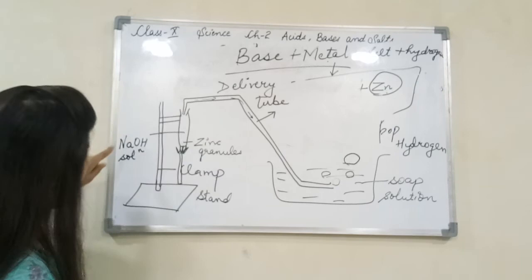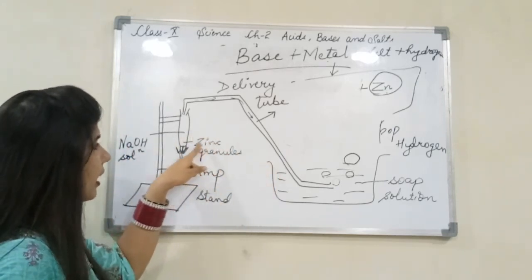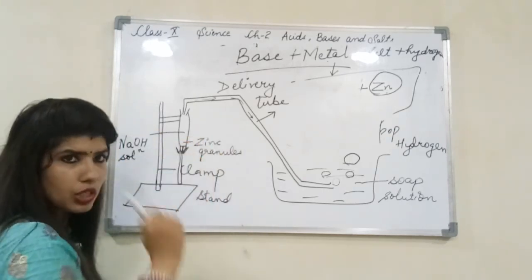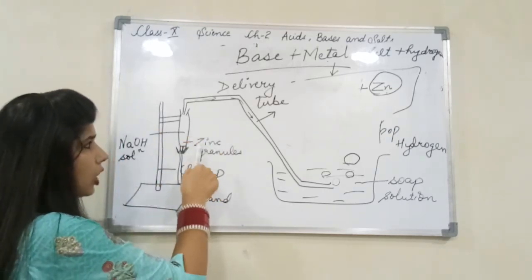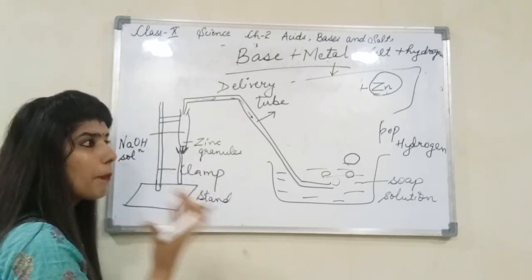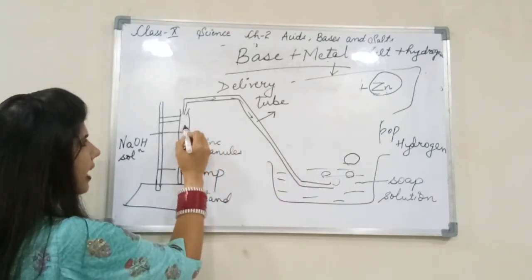Then afterwards what happens when again these two things react? Similar thing is going to happen. Again you will observe some bubbles around the zinc granules. It means hydrogen gas is formed right now. ठीक है. Don't ever think कि जब भी bubbles है हाइड्रोजन गैस है, और भी गैसेस हो सकती हैं. हमें पता कैसे लगता है हाइड्रोजन गैस है? जब वो पॉपिंग साउंड करती है, तो यहाँ से निकलेगी गैस.